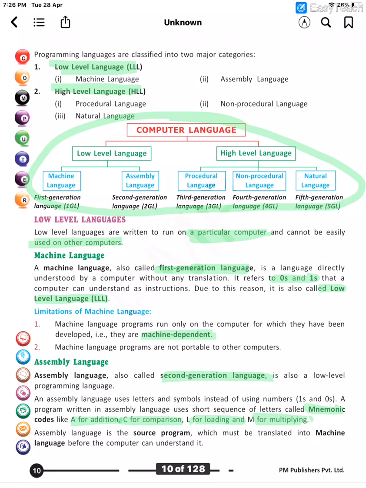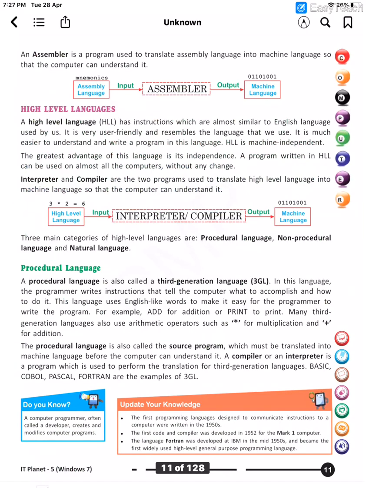In an assembly language, the source program, that is ACLM, is converted into the machine language, that is ones and zeros, so that the computer could understand. And who does that? Who does the conversion of the assembly language into the machine language, that is the mnemonic to machine language? Assembler. So assembler is a program that translates assembly language to machine language.